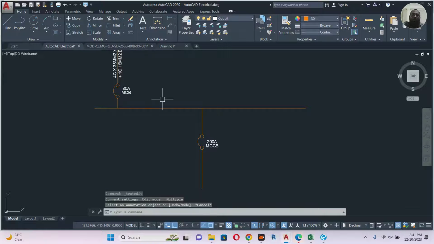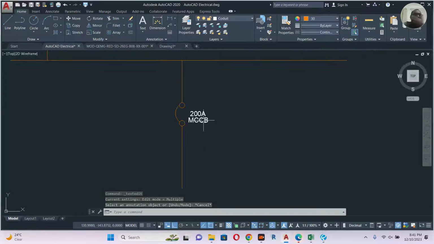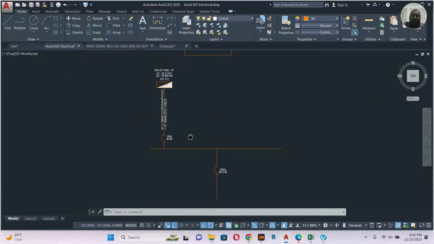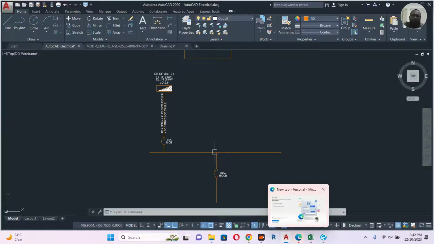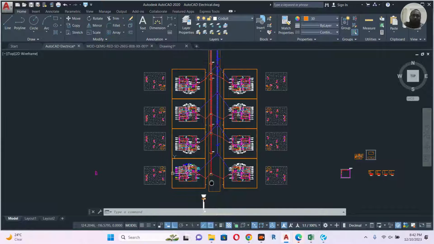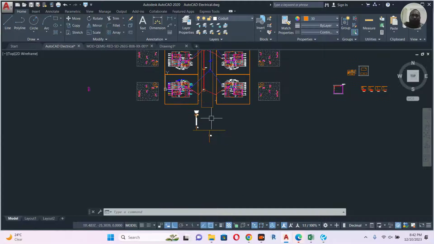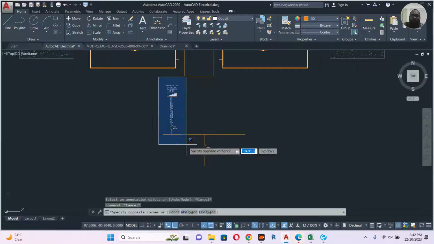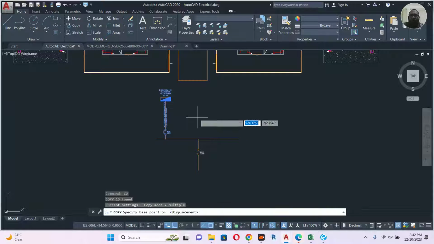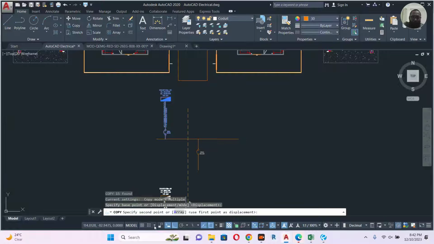So actually what happened here, 200, I just put it, I didn't calculate it yet. So maybe this one can be increased. So how many will we have? As we see here, we have 2, 4, 6, 8. So let's copy this one, click, let's go for the array,